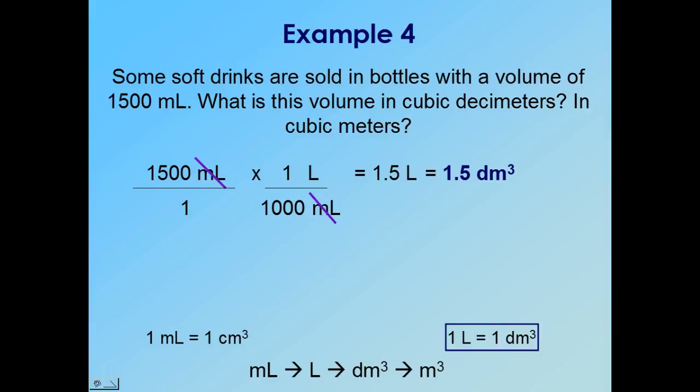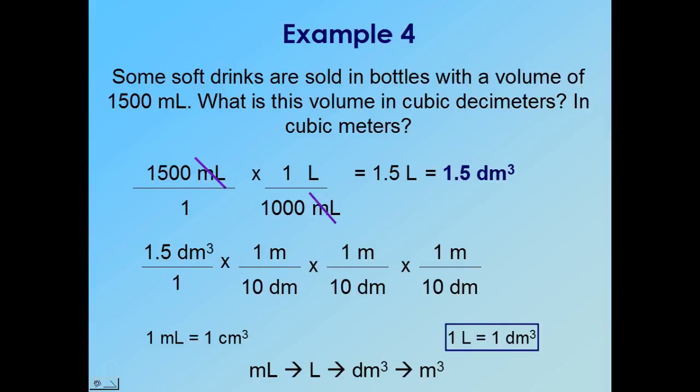So that's the first part of this problem, at least the way I've chosen to solve it. The next part, we're going to go from decimeters cubed to meters cubed. Just like we did previously, we know that there's 10 decimeters for every 1 meter, but because we have 3 of those decimeter units, we're going to need to do that conversion 3 times to get each of the decimeters to go away. So those 3 decimeters in the denominator will cancel out the decimeters cubed in the numerator,